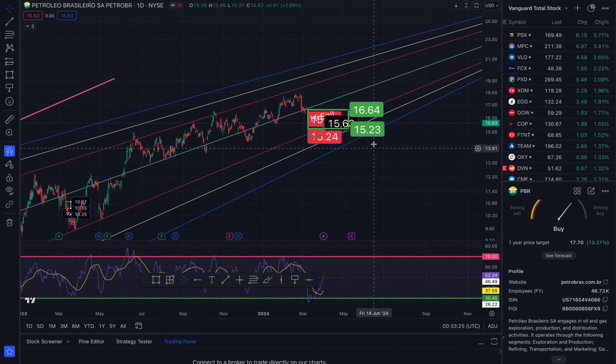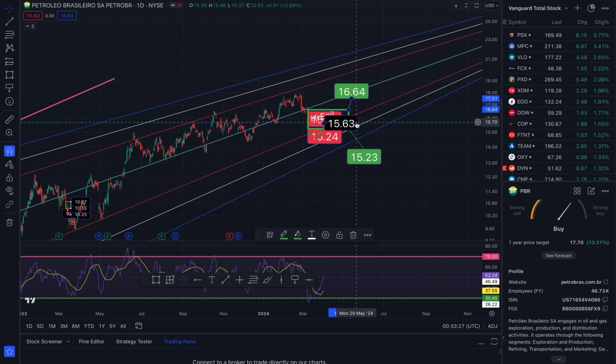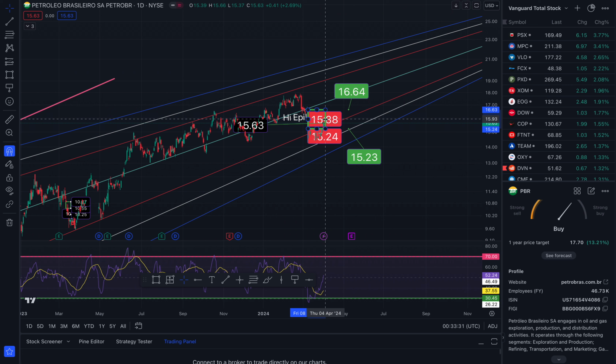And now we are, it's hard to see. We are right here, so close to support. So I will anticipate a bounce. Look at this on the daily. Look at that. It is bouncing. So